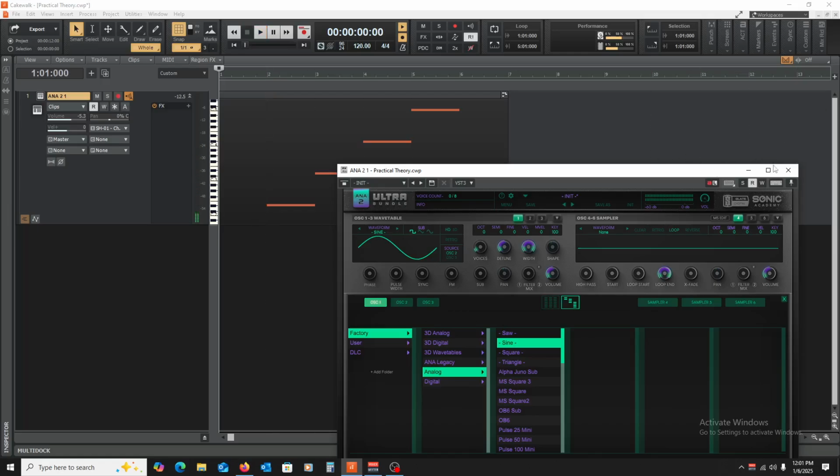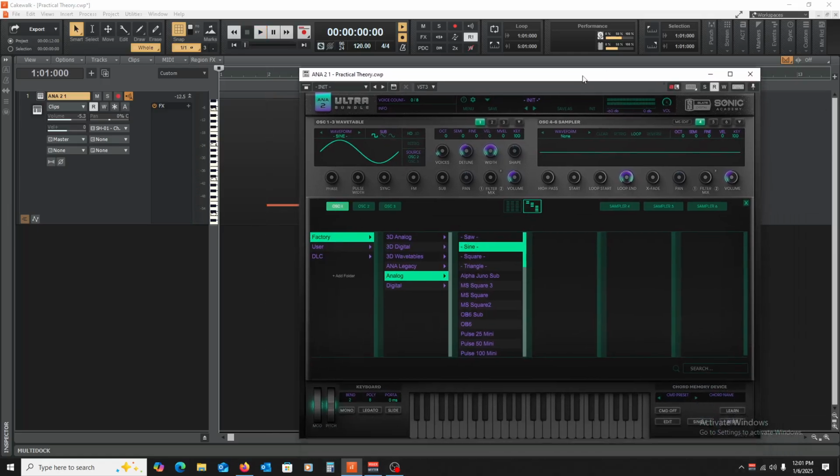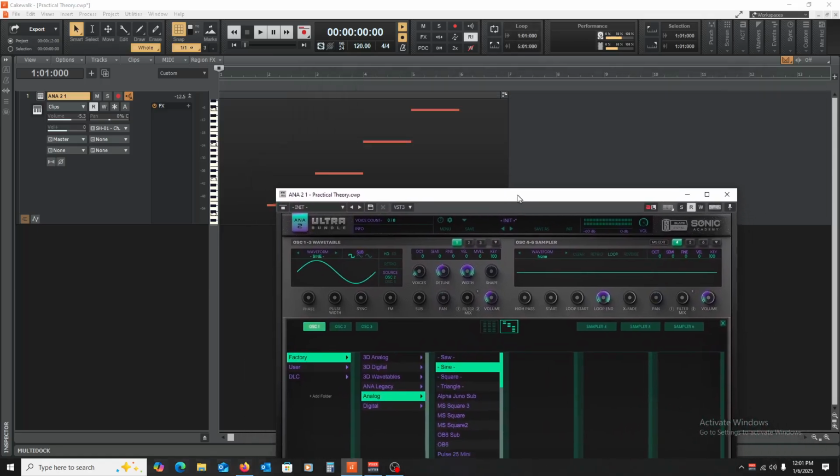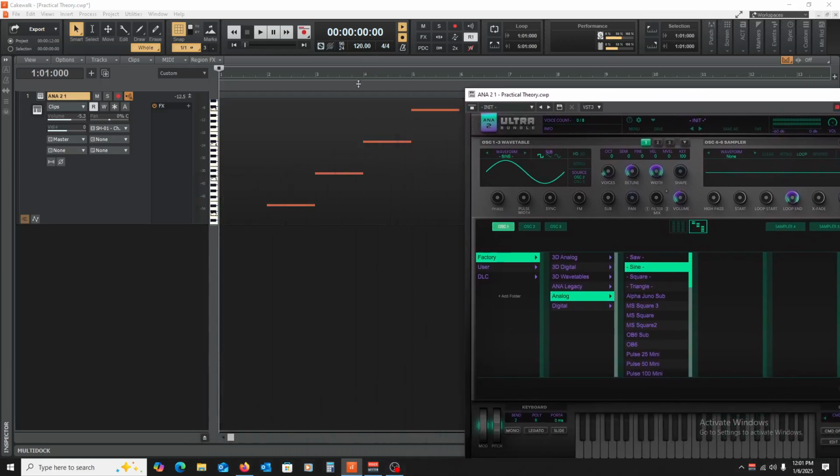All right. And so you hear what a sine wave sounds like. It's almost flutish, I guess. Very round, very smooth sounding. You're probably hearing it best in these frequencies here.